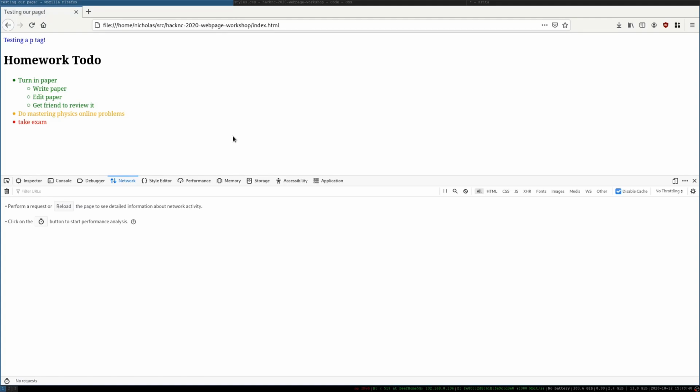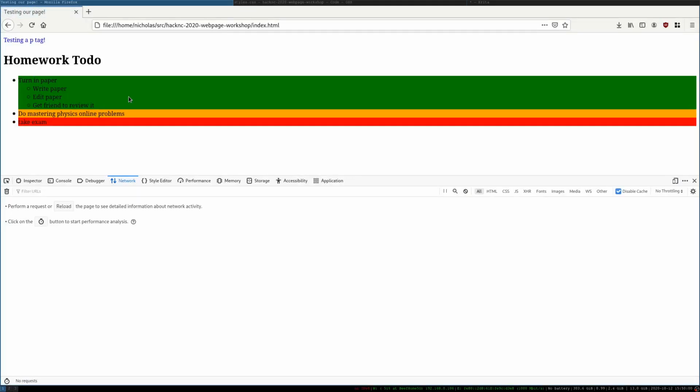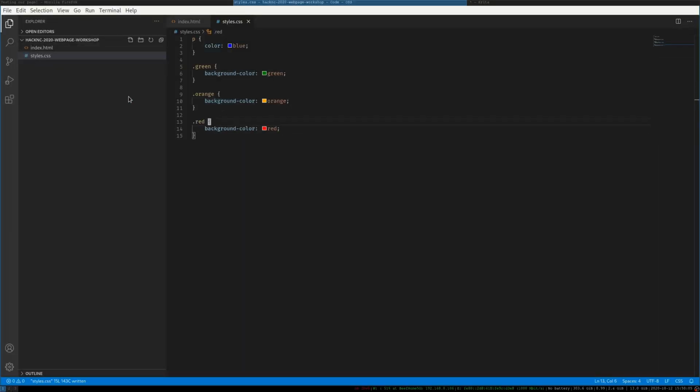But let's say that it's kind of ugly looking at the text that is this color, right? So let's say we want to change the background. So now we can try saying a different property, background color. Okay, I mean that's fine, right? Another issue too is that it takes up the whole width of the page. So let's